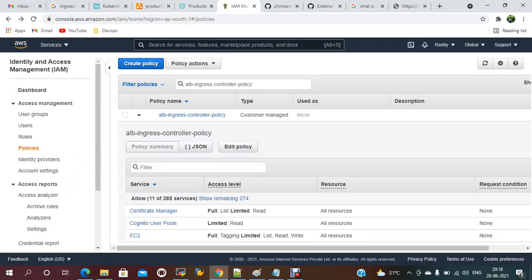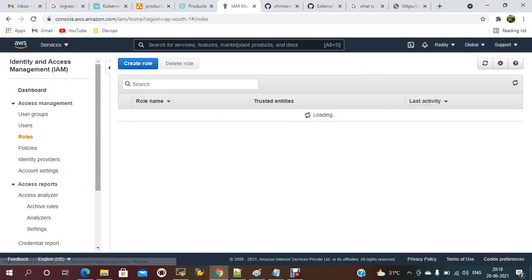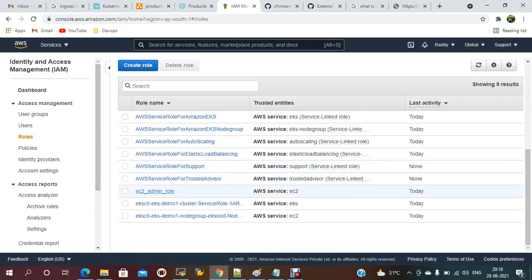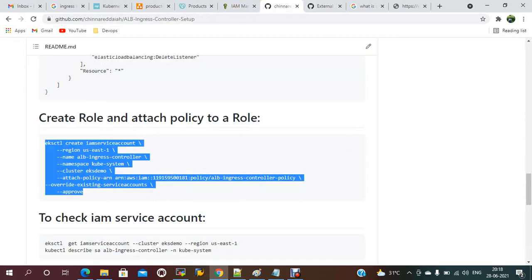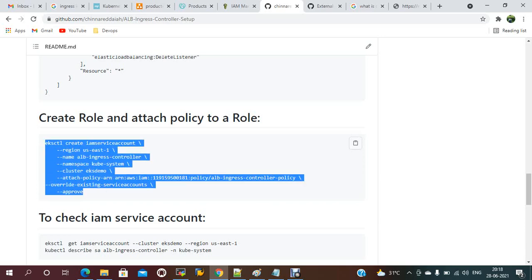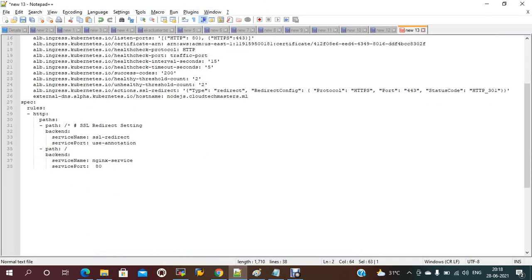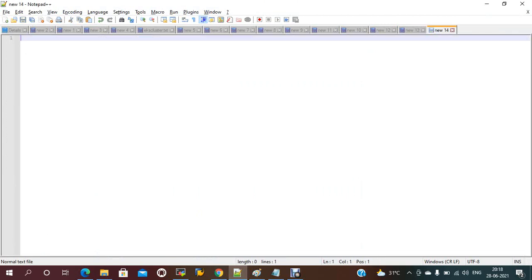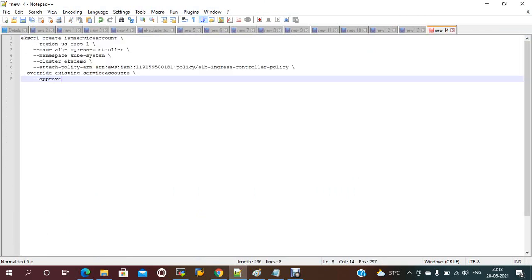To create a role, you just need to go here, roles, create a role, and you have to attach the IAM service account. Let me copy this one, and you have to provide your details. Create IAM service account, with the region.